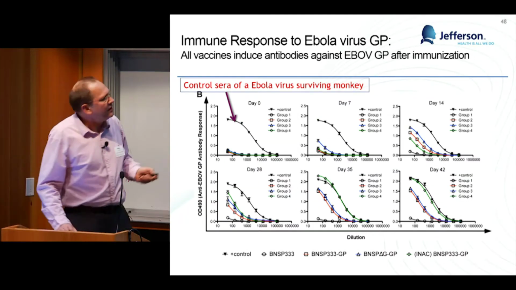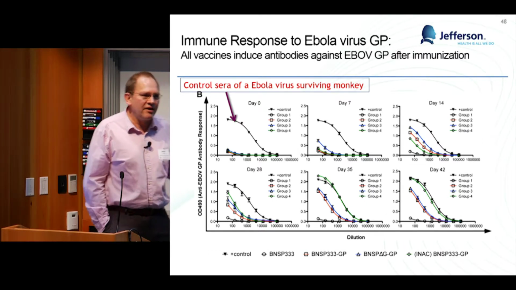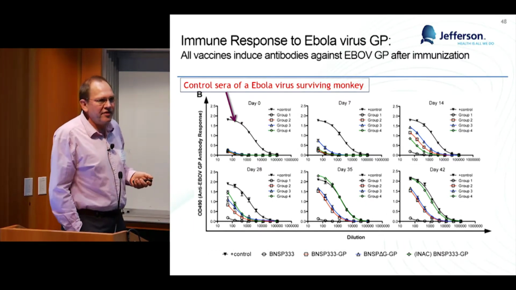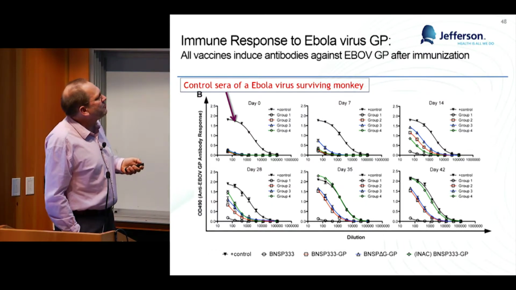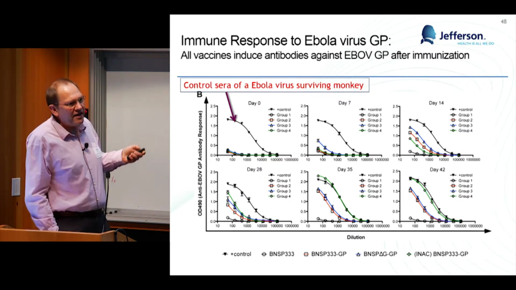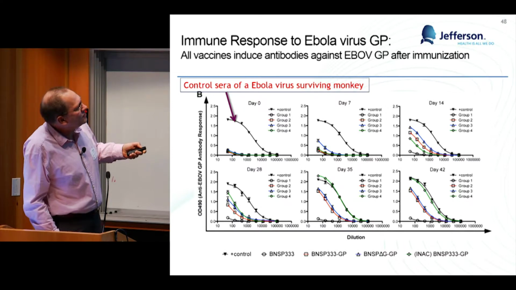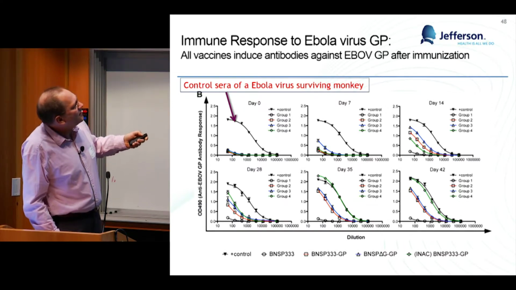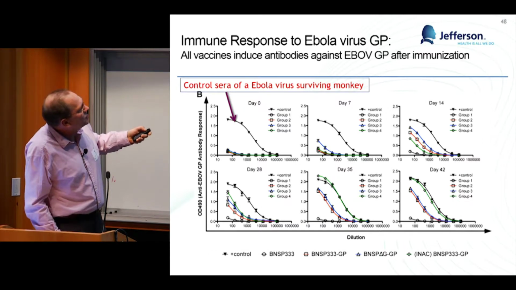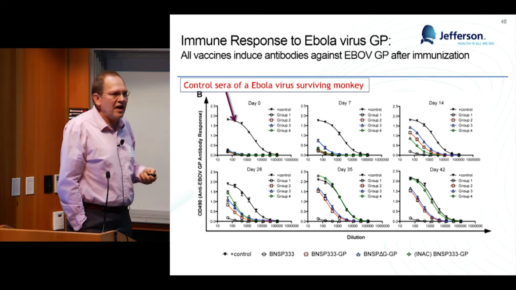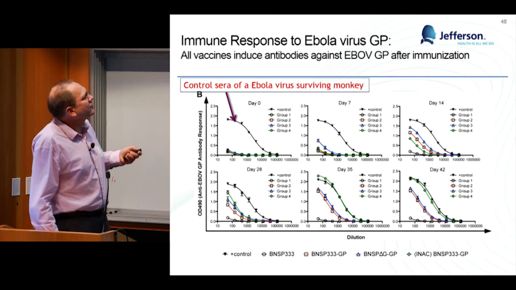And that comes here, and this actually controls here. Sometimes monkeys, like humans, it's rare, but they survive Ebola infection. So that was from Heinz Feldmann, a control sera for our ELISA assays, which I show you here at day 0, 7, 14, 28, 35, 42. And that's the groups of the monkeys. So you would think if you reach that level, you should be fine, because it was a surviving animal, at least if antibodies are the major effector cells here.